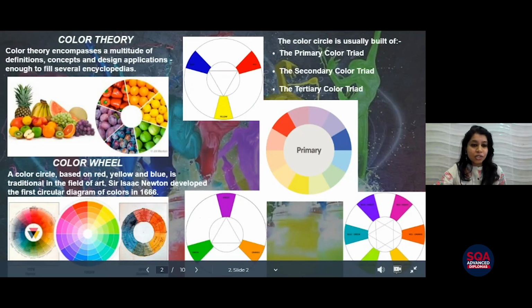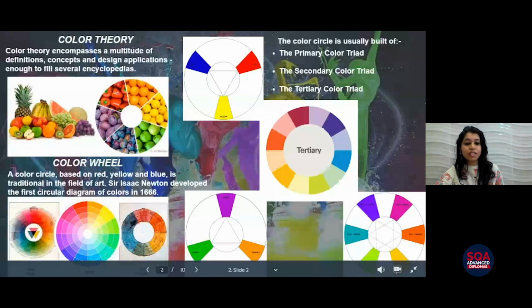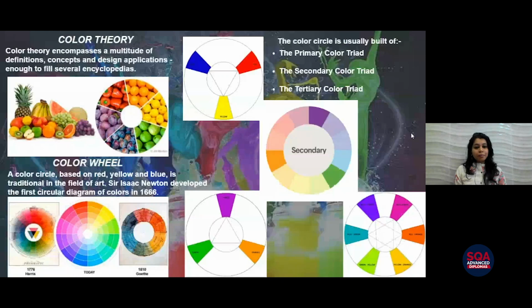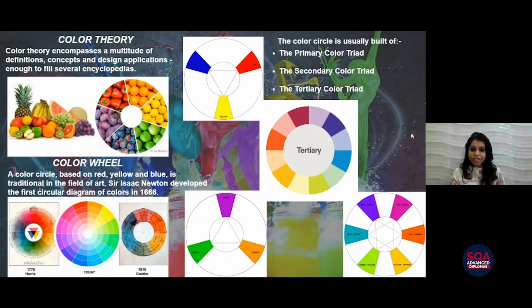The first section is the primary colors, which, as we all know, are red, yellow and blue. If you see the image at the top here, we can see the primary colors. The color wheel was first invented by Sir Isaac Newton, and later on it kept developing. The latest ones that we see today, like the one in the center, have many color combinations.